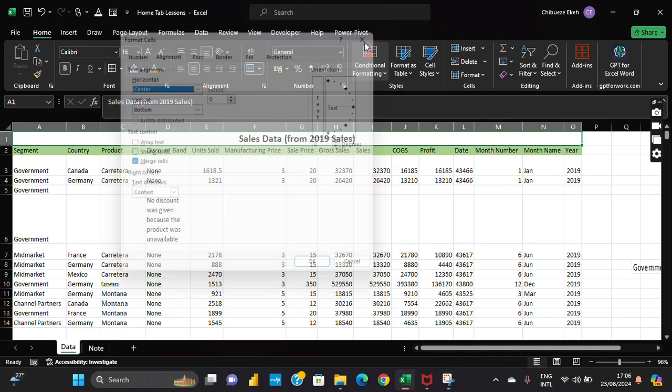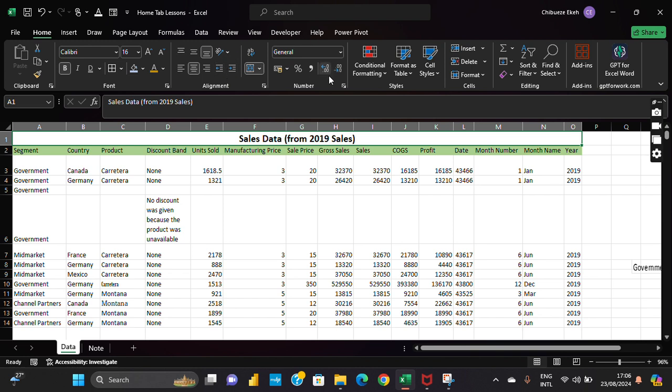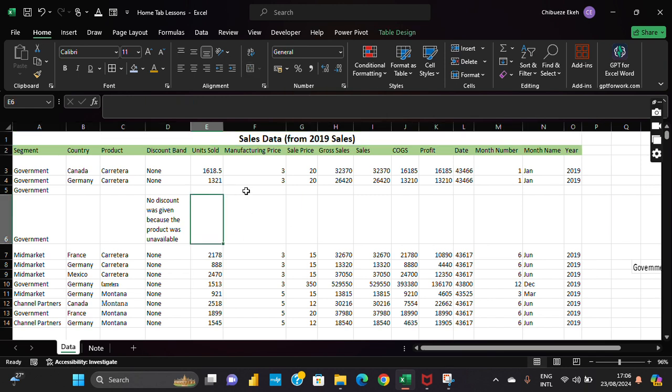So I'm moving forward. The next group is the number group. What does the number group help us do? The features we can find there let us format all the number values in our cells. So on this data set,